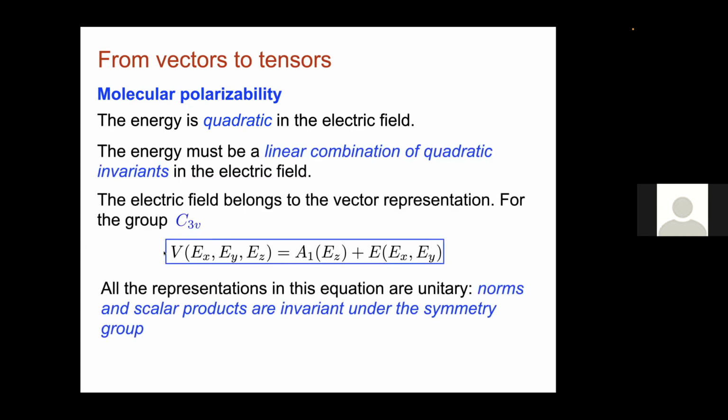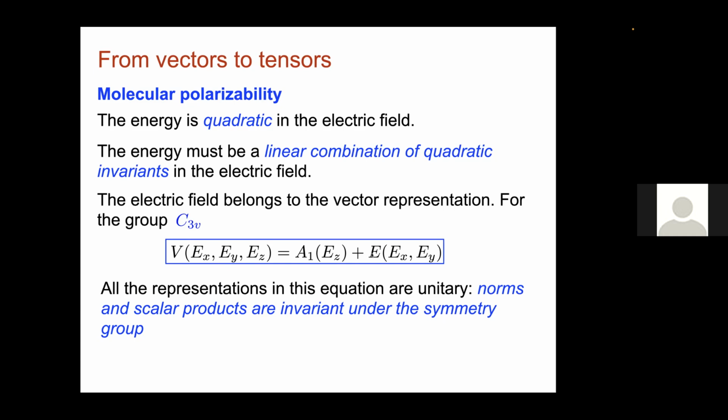Here I have three involved representations: the V, A1, and E. All these representations are unitary. Why? Well, first, vectors, you know that when I rotate vectors, the scalar product doesn't change. That's the definition of a unitary representation. Okay, so this is physically unitary. These are irreps, these are abstract objects, but still,